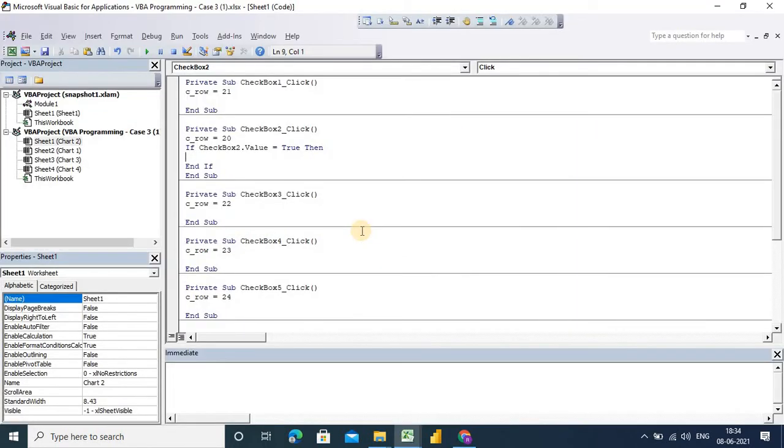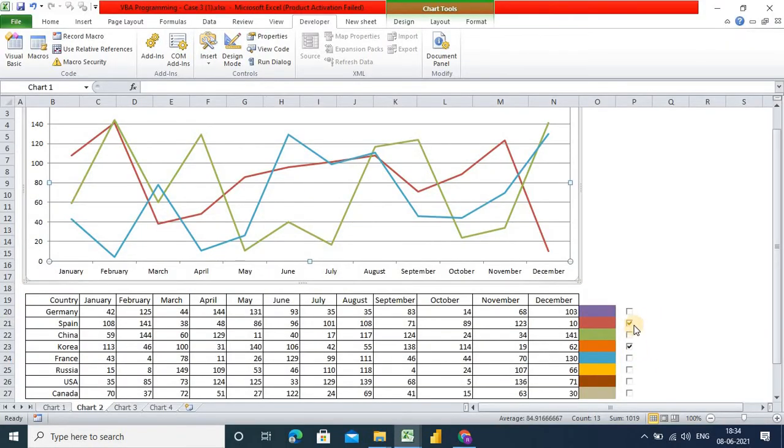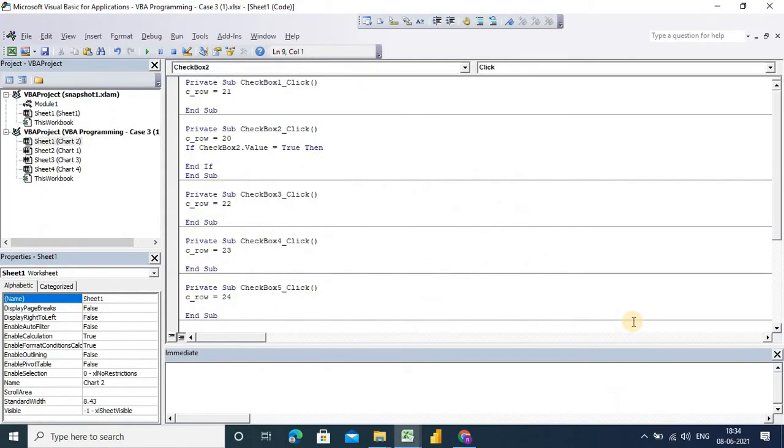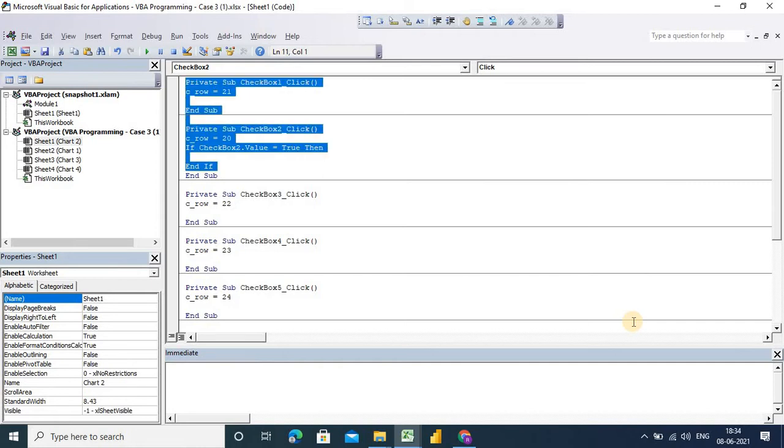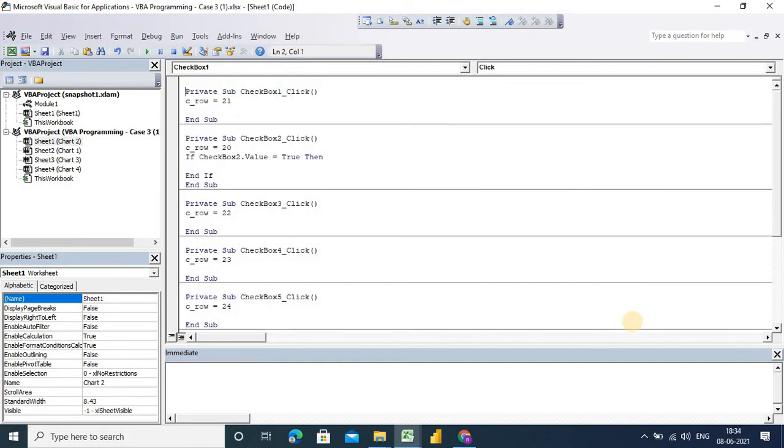Now click on OK. This method should be applicable for all checkboxes, so I am writing another new method called checkbox row detect and combine.